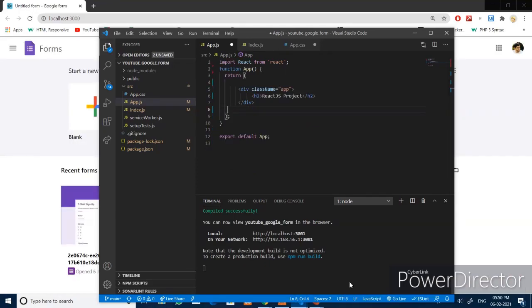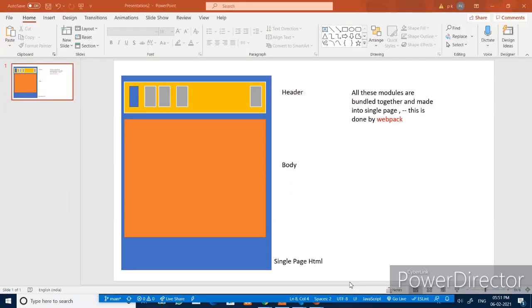React.js is a single page application. That means all the components within the single page are modules, and all the modules will be in different files. Like here you can see, this is the single page that will be rendered in the browser. It has a header component and a body component, and there may be a footer.